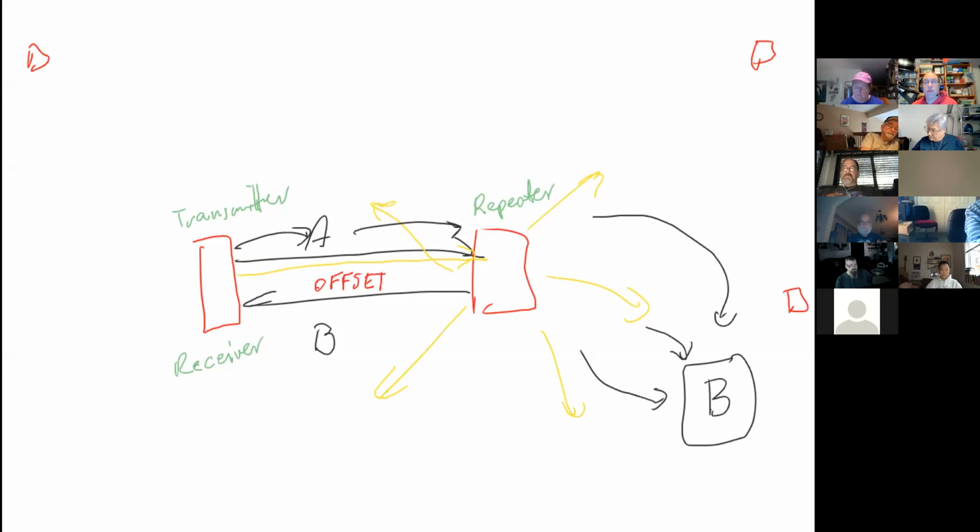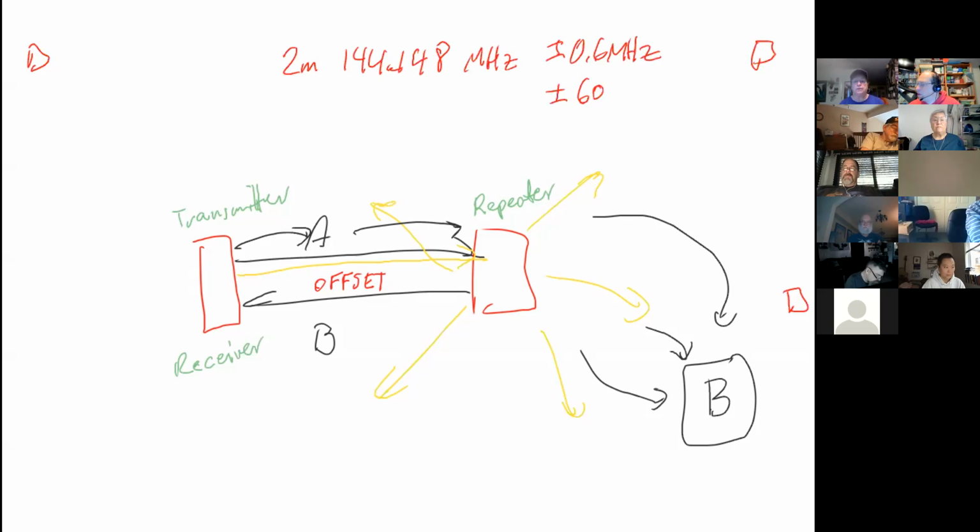So there are two things that you typically have to know. By convention, on the 2 meter band, which on our chart is 144 to 148 megahertz, the offset is plus or minus 0.6 megahertz. Another way to write that would be plus or minus 600 kilohertz. On the 70 centimeter band, which is 420 to 450 megahertz, the offset is typically plus or minus 5 megahertz,